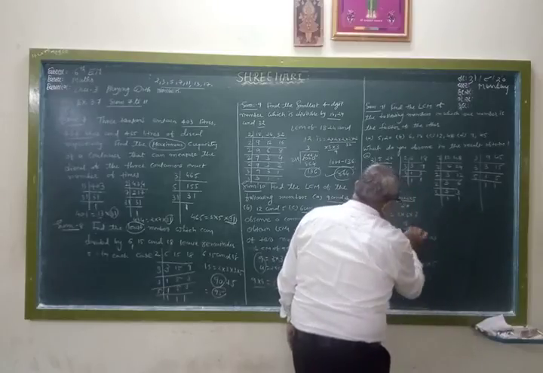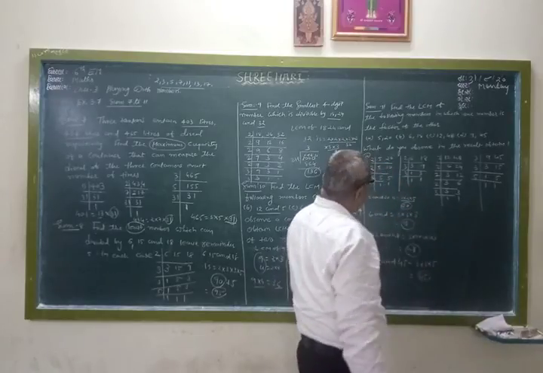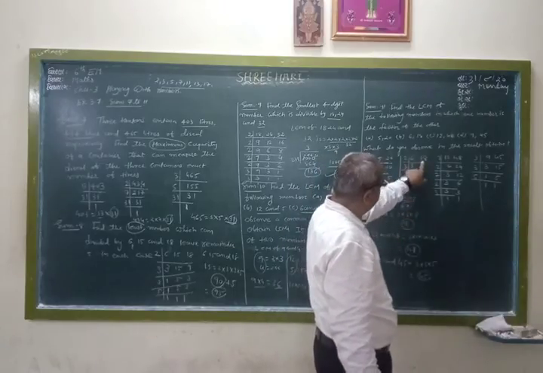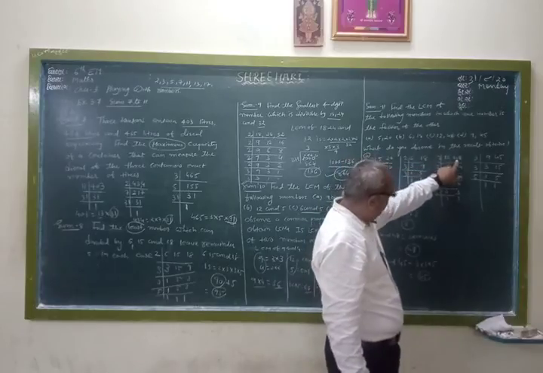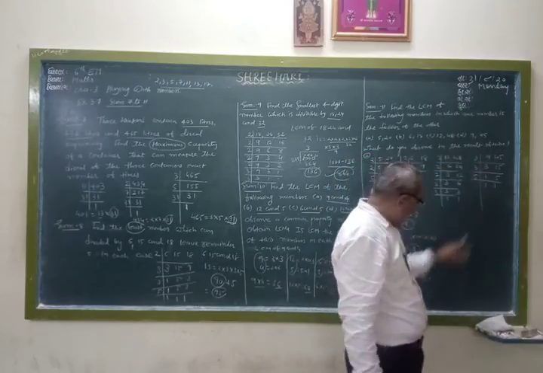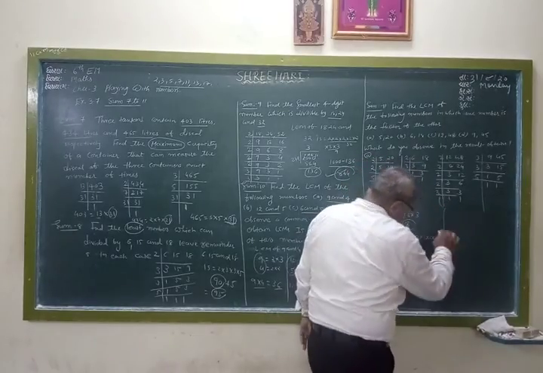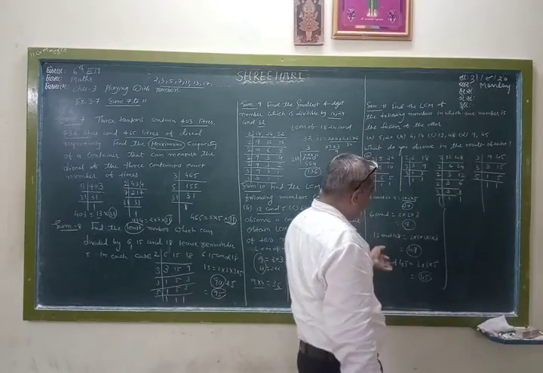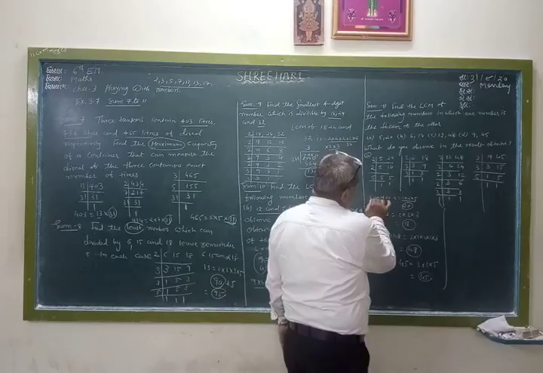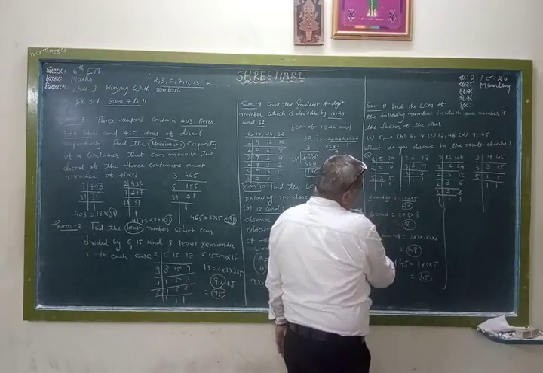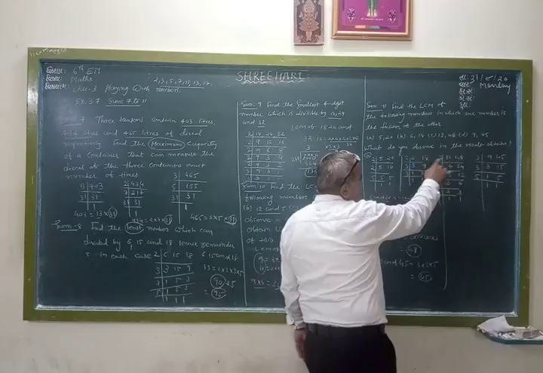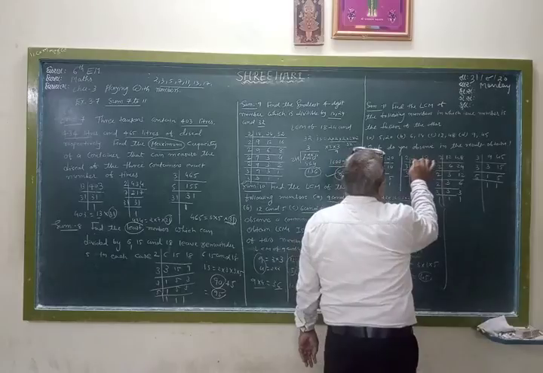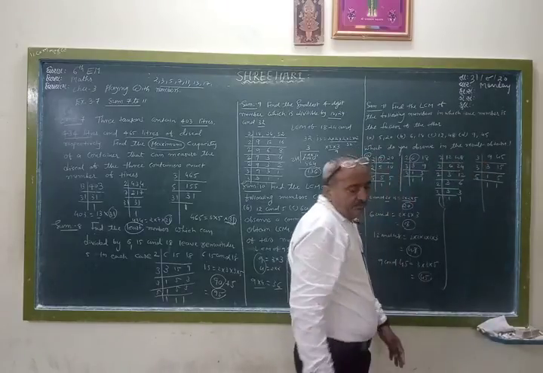We can see here friends, first has LCM 20, the biggest number 20 here. Second LCM 18, here biggest number 18. We can see 48, here also 48, biggest number 45. So we got the biggest number from all pairs as the LCM, and we can see here 5 is a factor of 20, 6 is a factor of 18, 12 is a factor of 48, and 9 is a factor of 45. Here the smallest number is a factor of the biggest number.